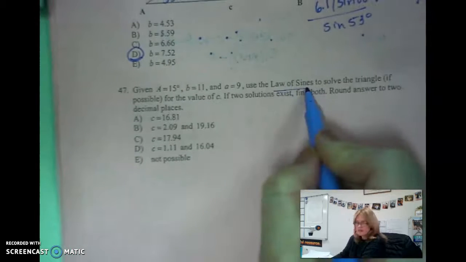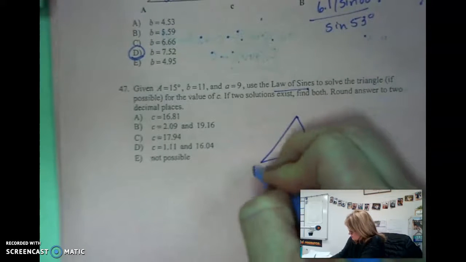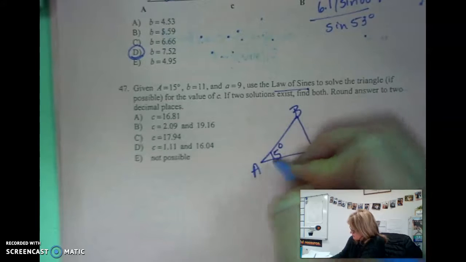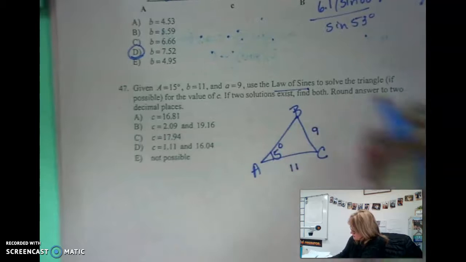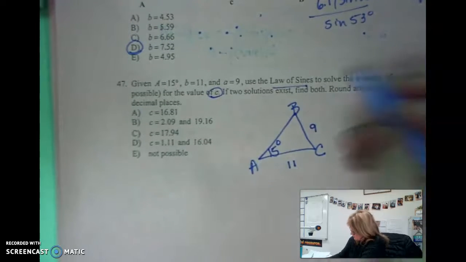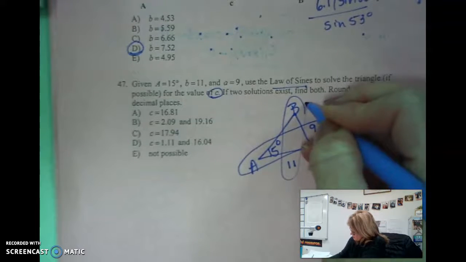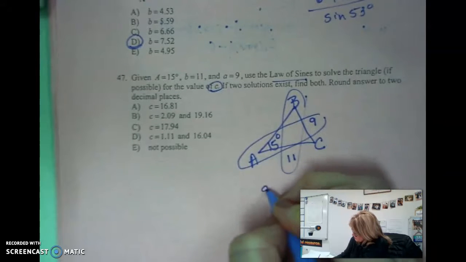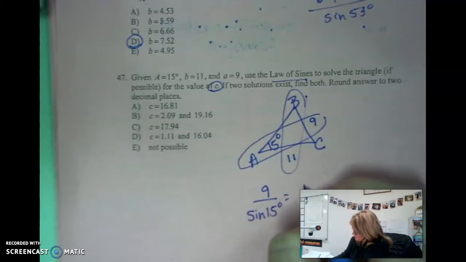The law of sines again. This time we are not given our triangle, so if this is A, B, C, 15 degrees is angle A, B is 11, side A is 9, and it says to find the value of C. So we have to do a little bit of work here. First of all, I have my match here and almost my match here. This will help me then to find C in a bit. So the first thing I have to do is find the angle of angle B. So when I do this